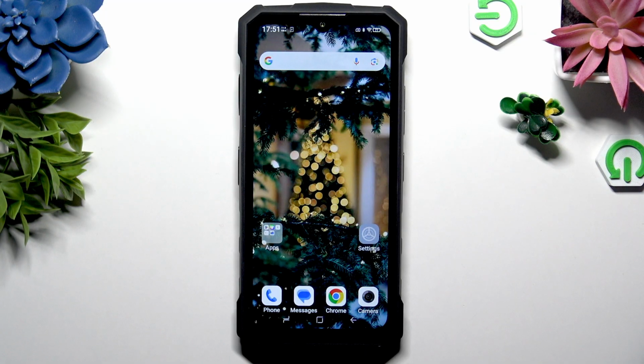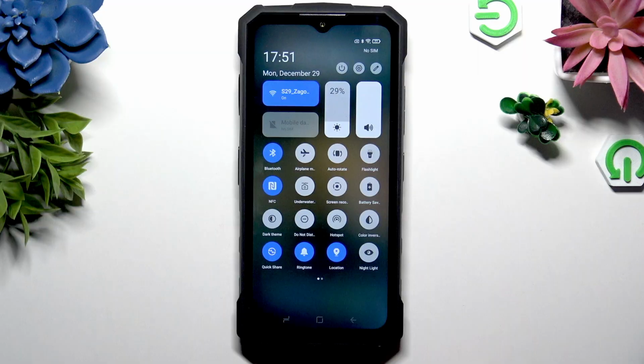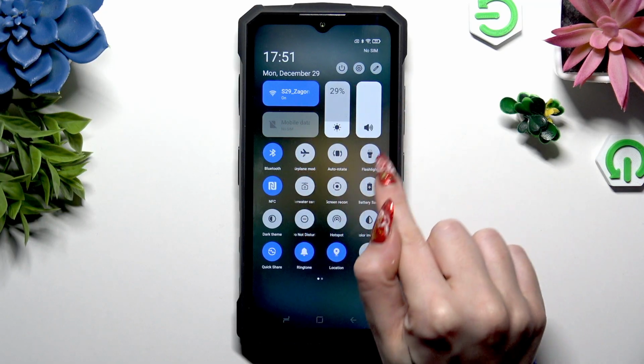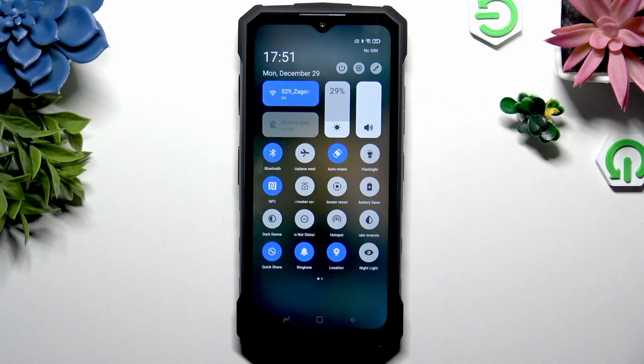Begin by going into Tab menu. To do that, swipe down from the top right corner of your screen. Then look for Auto Rotate shortcut, which is this one, and when you find it, click on it. So when I do that, as you can see, mine turned blue. That means that auto rotation is now enabled, but you can always disable it by clicking on the same shortcut